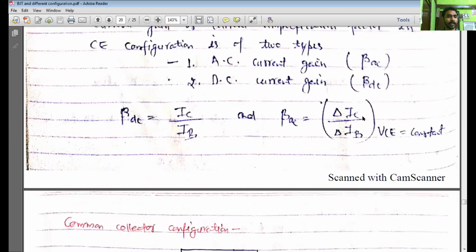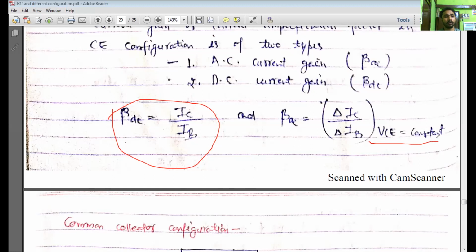When you say dynamic, it means it will be calculated from a small change at some constant output voltage, that is VCE. I will talk more about AC current gain and DC current gain in the next class. When you talk about the DC current gain, it's a static value, and that's why it's IC by IB. We'll talk about the AC current gain later. Now for different VCE, that is, for different output voltage, the collector emitter voltage,